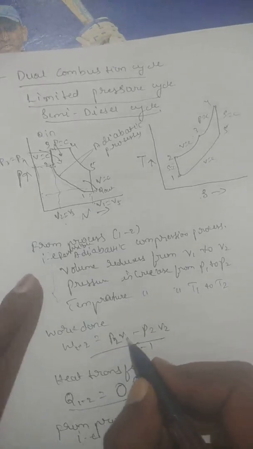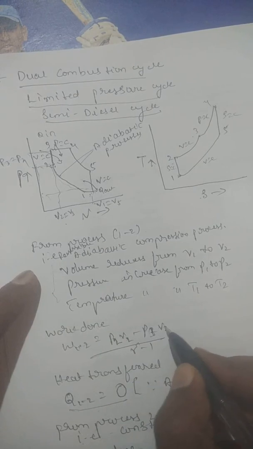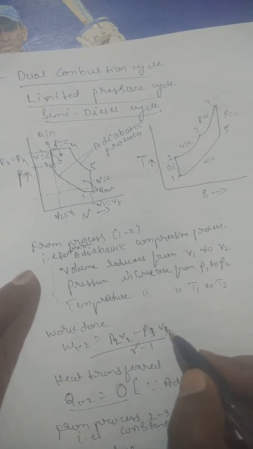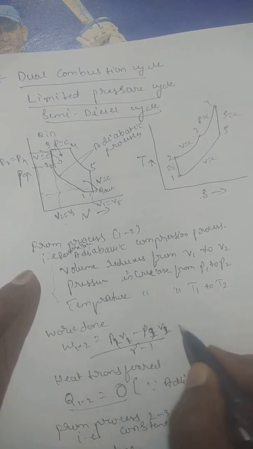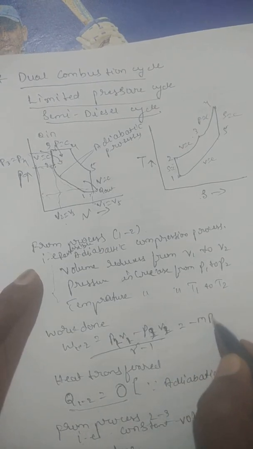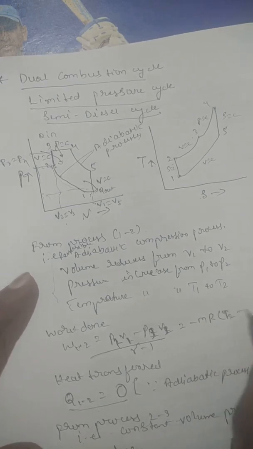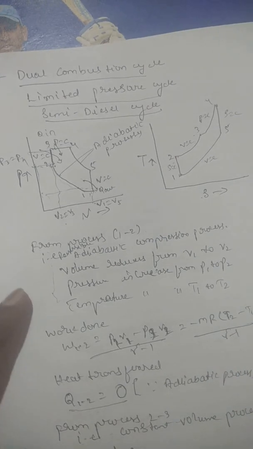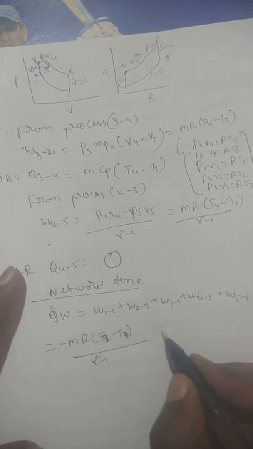Here you can also see, this is P2 minus P1. P1 V1 I have, as I already written, it is correct only. But if you take the minus symbol here and convert this in terms of temperature, what happens? This will become T2 minus T1 divided by gamma minus 1. Same thing I have written here, gamma minus 1 plus what is W?